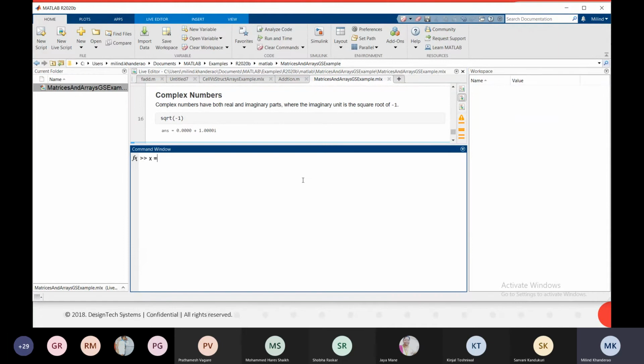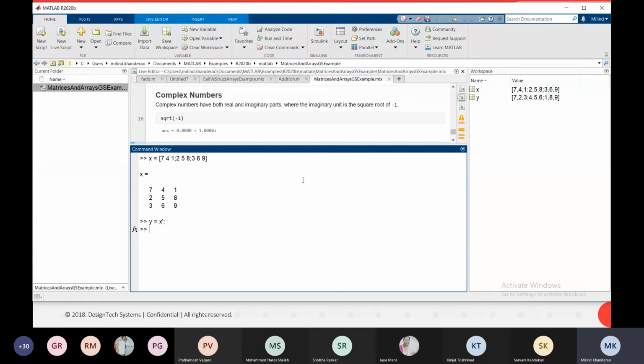Suppose you define a vector, let's say x, which is equal to some values. And I want y, which is equal to, let's say, I will just transpose it.